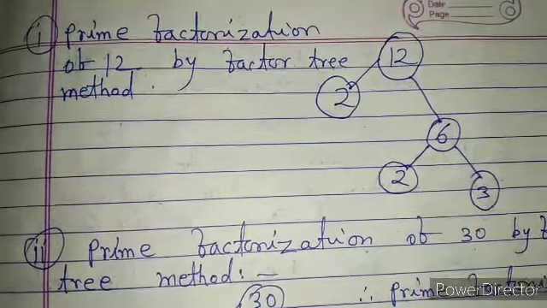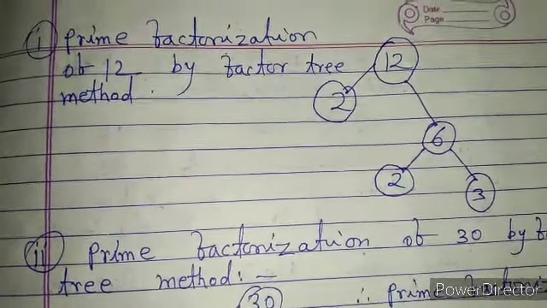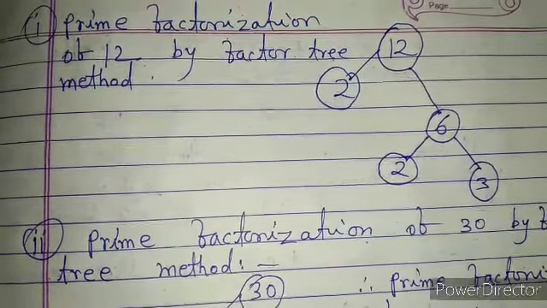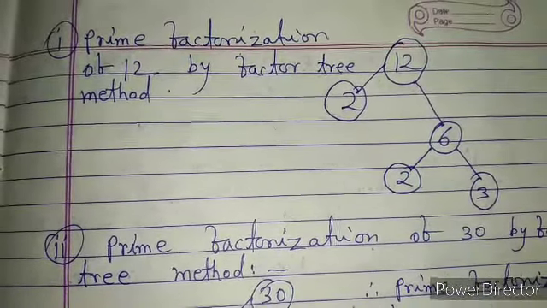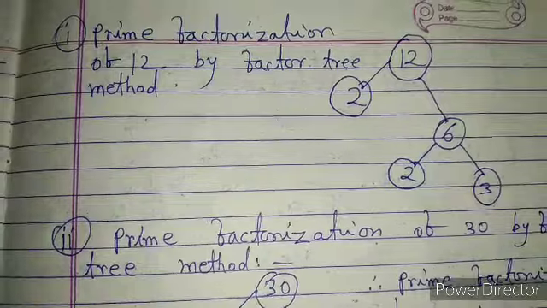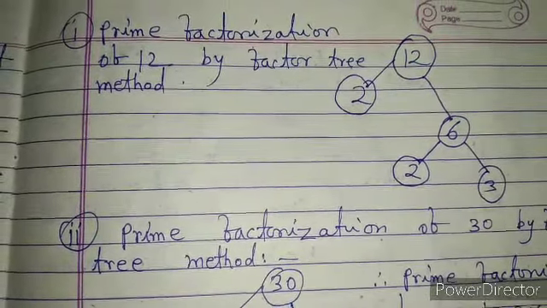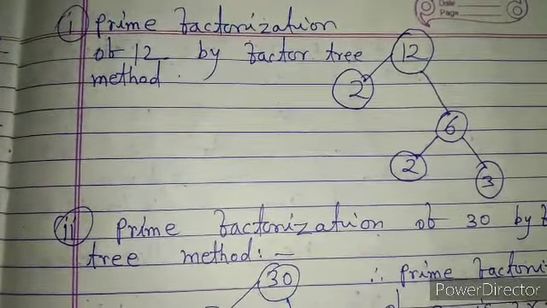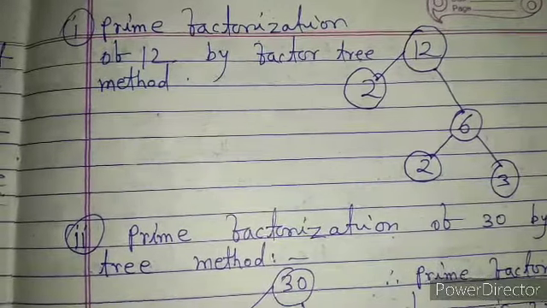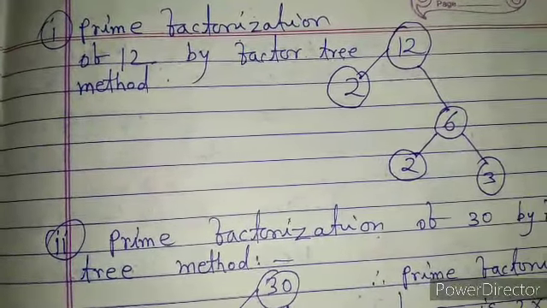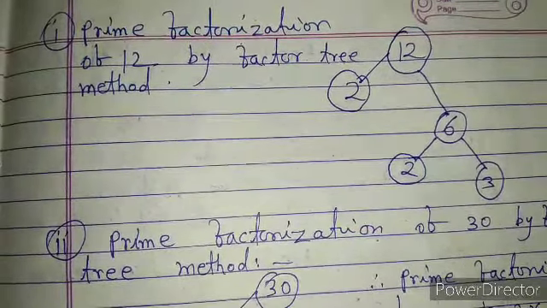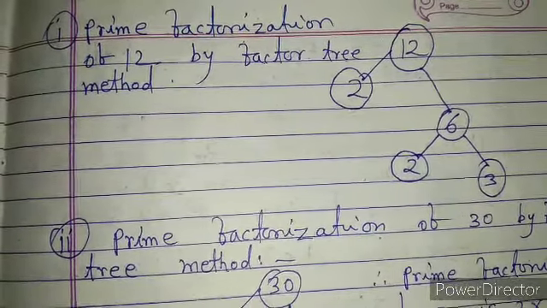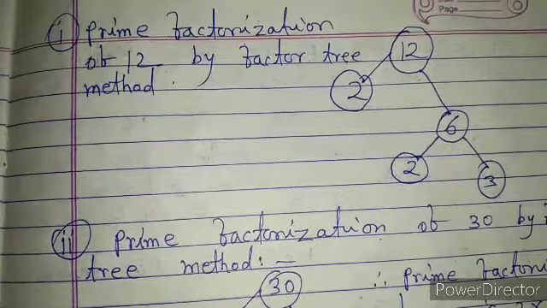Here we observe that in the factor tree method, prime factors are written in the shape of a tree. That means prime numbers are written like branches of the tree. For example, if we write the prime factors of 12, then observe here 2 divides 12 and the quotient is 6. Again 6 is divided by 2 and it is equal to 3. These are written in the shape of a tree. So this is called the factor tree method.